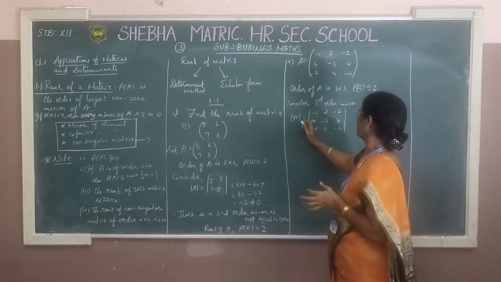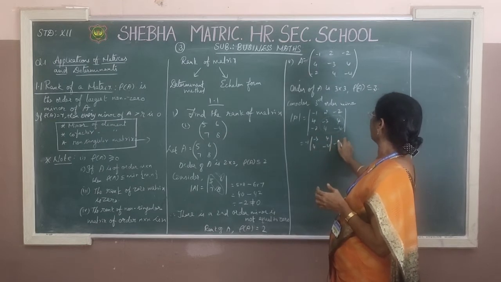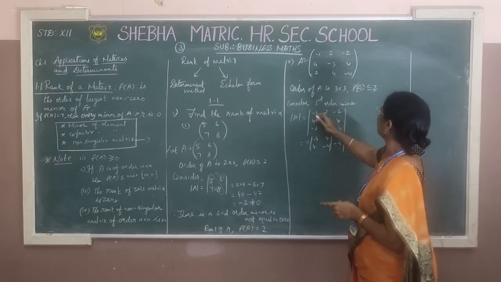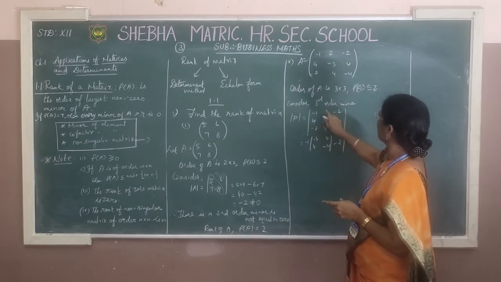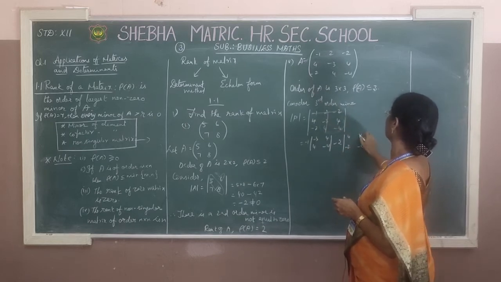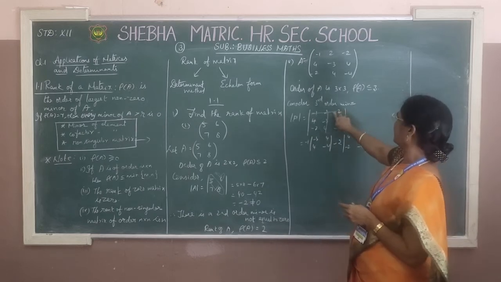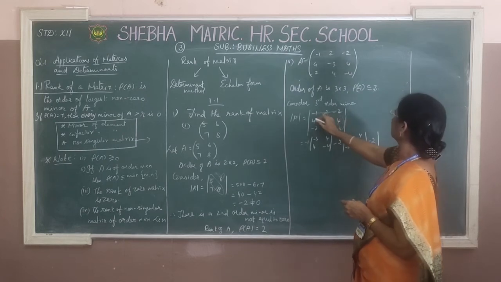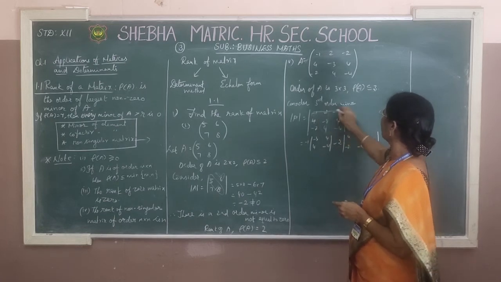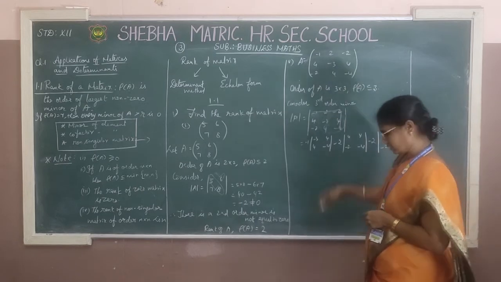If you multiply these two, write as it is minus 3, 4, 4, minus 4, minus 2 into our next sign become minus. So, put minus and then write the minor of this element, that is 4, 4, minus 2, minus 4. The next one, last one is minus 2 into, already minus in the sum. So, have to write the minor of this minus 2 is 4, minus 3, minus 2 and 4. Okay.